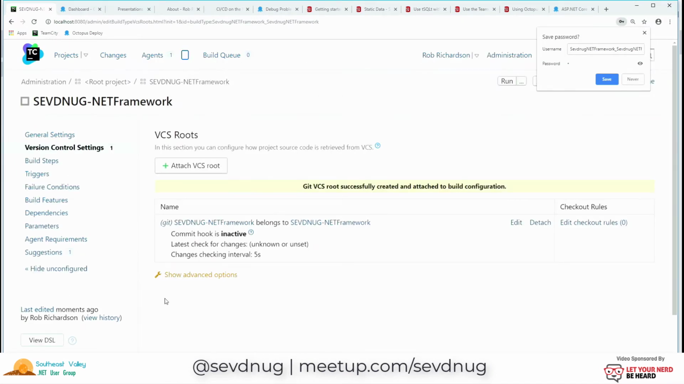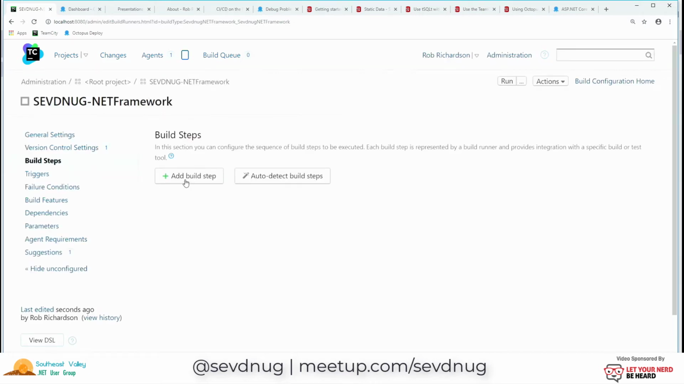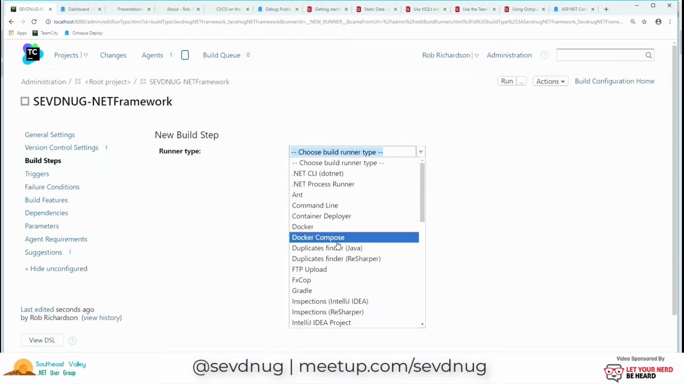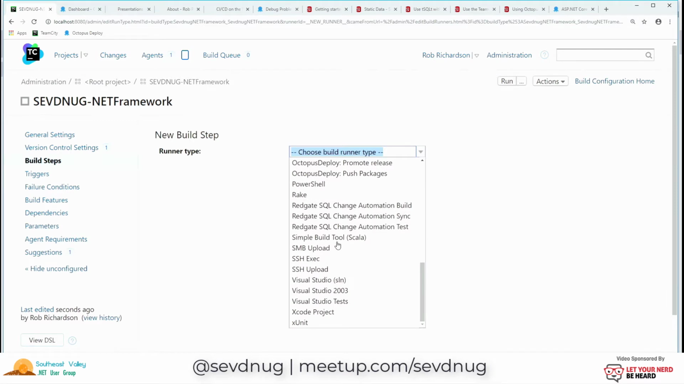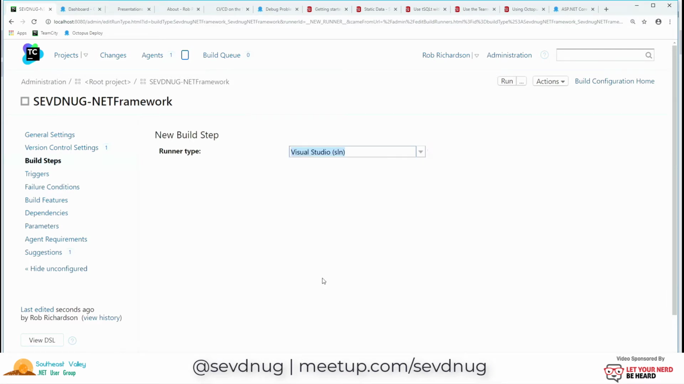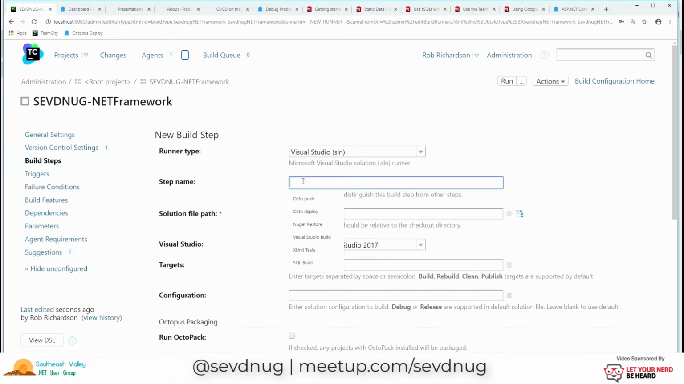And I will create that repository. So now that I've gotten my build connected to the repository, let's create some build steps associated with this. So I would like to add a build step. This will be a Visual Studio build. So given that Visual Studio build,